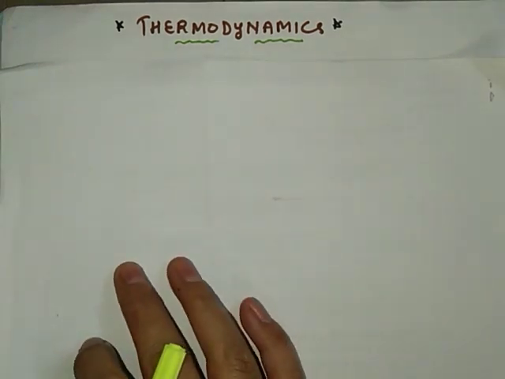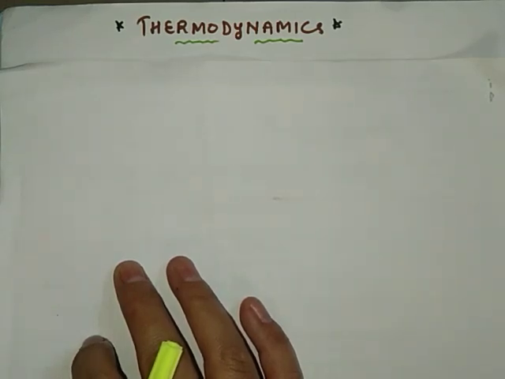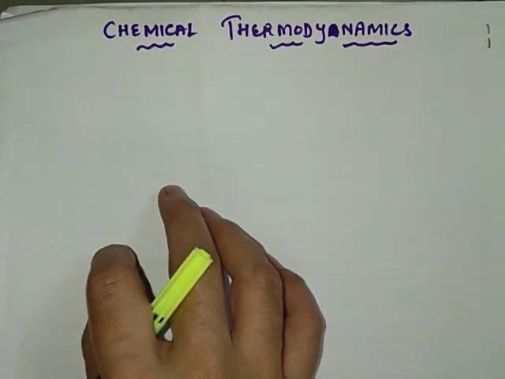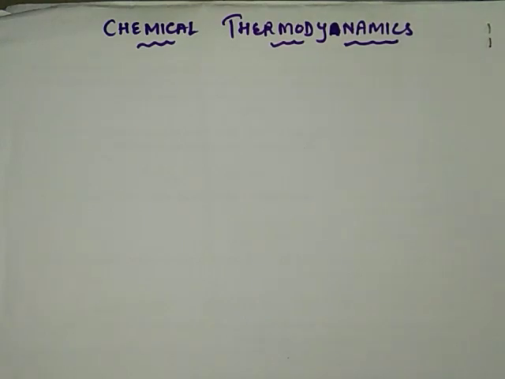Last time we saw enthalpies of atomic and molecular changes, and the last topic under this was enthalpy of solution. If you remember, how did we define enthalpy of solution? It is the enthalpy change that occurs when 1 mole of any substance is dissolved in a specified amount of solvent.